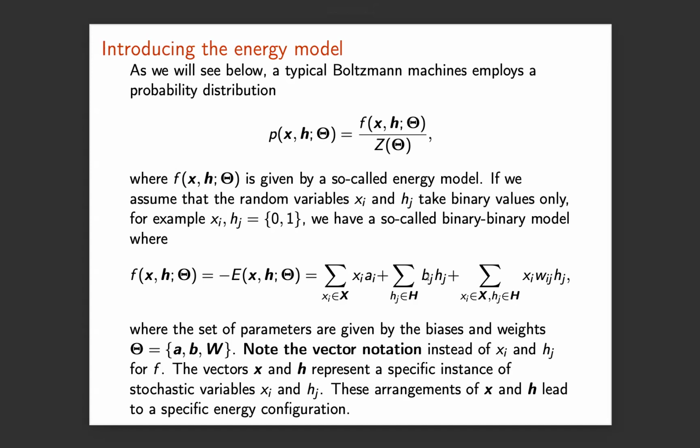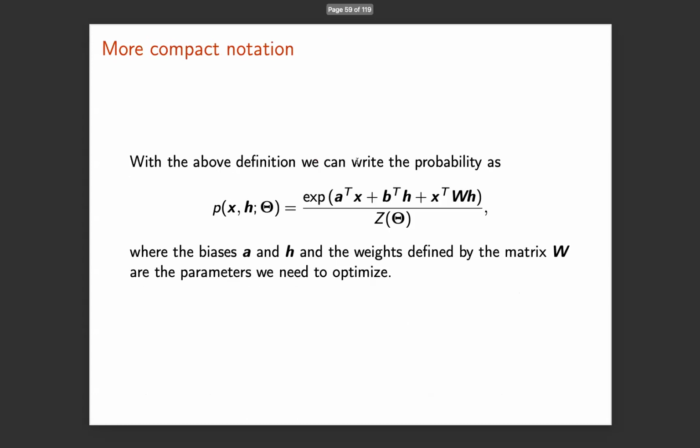So when you take this model here and you treat the x and h as binaries, let's say 0 and 1, then you will find analytical expressions for all the types of probabilities which you are interested in. And this will be your probability distribution in that case. And if you calculate the conditional probability for h given x, then you can show that you get a sigmoid distribution, since h can be 0 or 1. And the same with x.